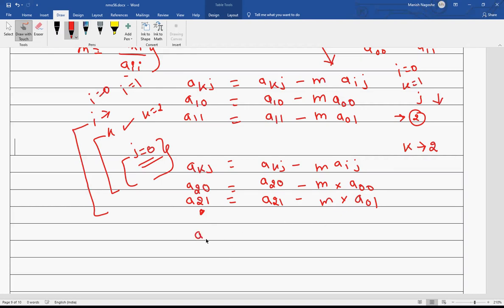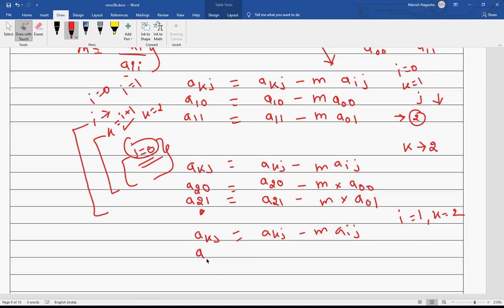So again I write it over here, AKJ is equal to AKJ minus M into AIJ. If I set the value of I equal to 1, K automatically becomes 2, because K is always greater than I by 1, and J will be reset to 0 again.